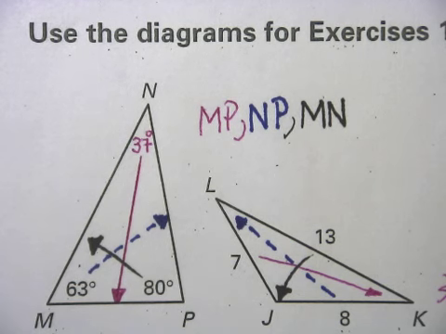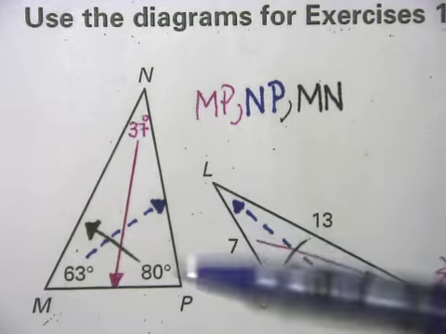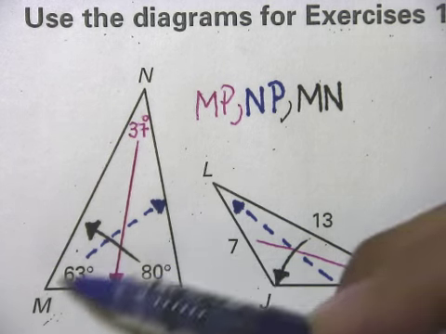Okay, class, so we're taking our quiz where they're asking us to match angles and sides of triangles. And if you remember in class, we said that the smallest angle of a triangle will match the smallest side of the triangle, and the biggest angle of a triangle will match the biggest side of a triangle, and vice versa. So if we look at our first question here, we have triangle MNP, and they gave us two angles